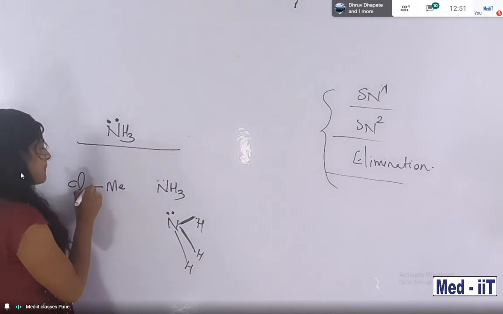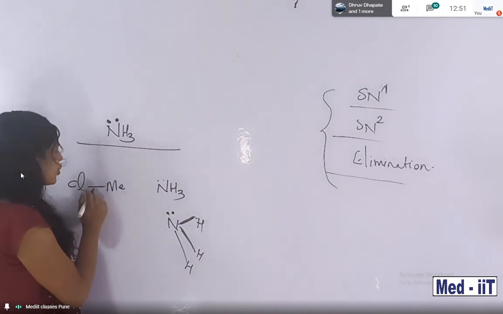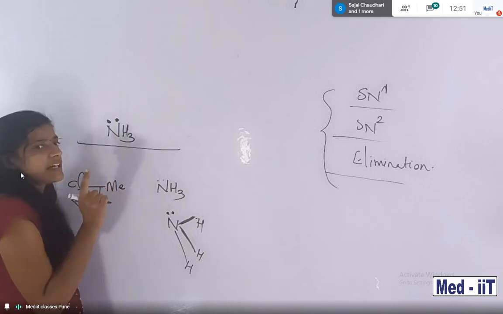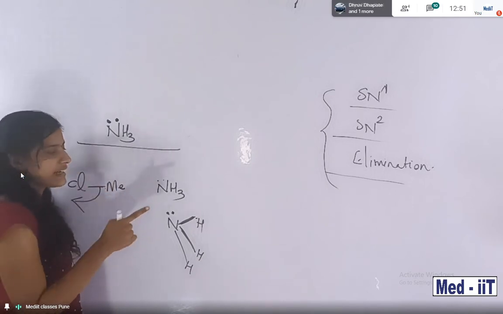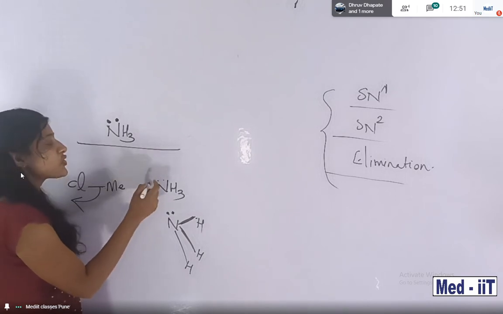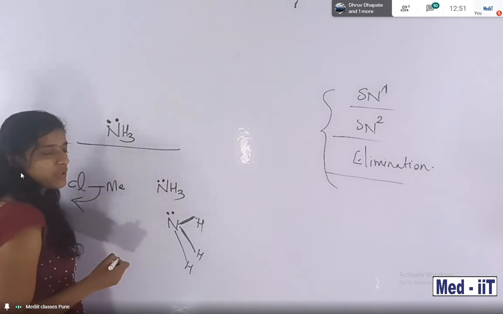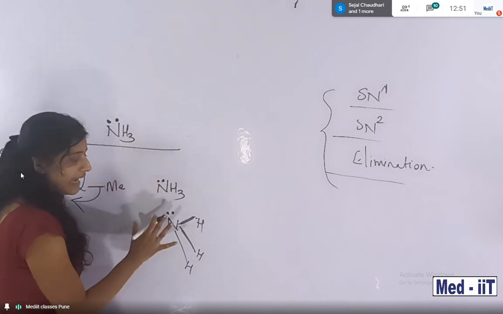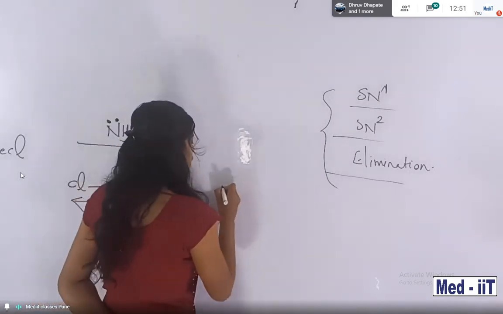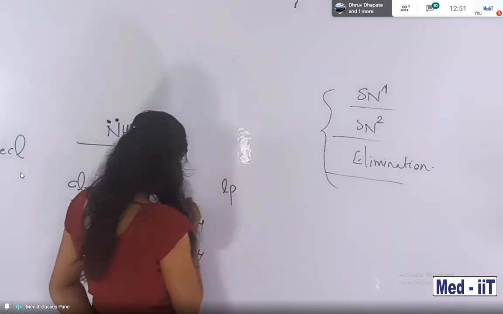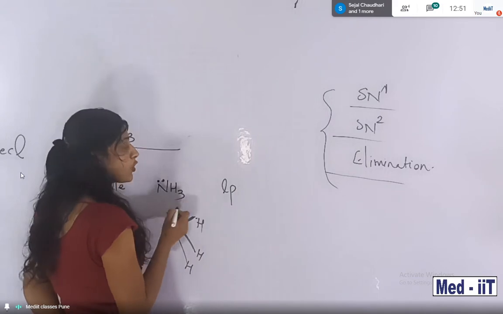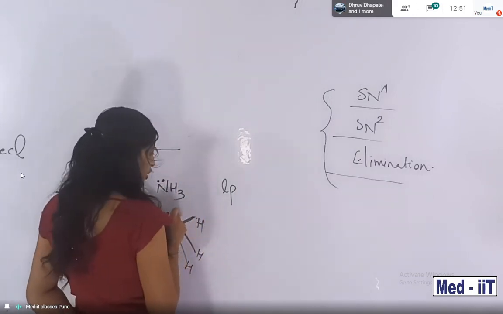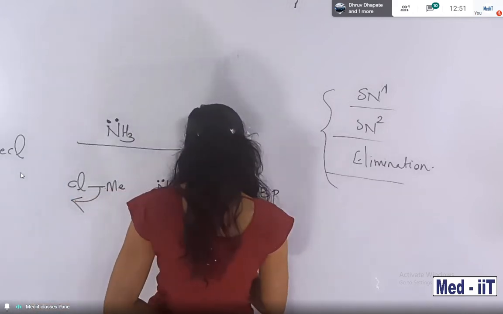So here methyl chloride is ready. Chlorine is ready to remove this electron, and in the same place we are expecting an incoming electron. Na? So here a lone pair is there. This lone pair is going to bond first, then the bond pair. So this is the order. If a compound contains a lone pair, then the lone pair will try to donate first, and then the bond pair. Try to keep it in mind.